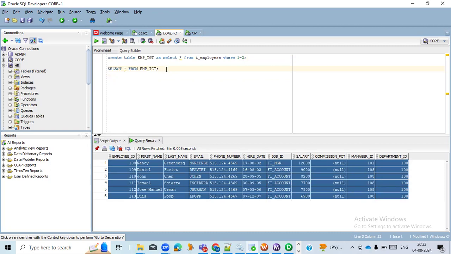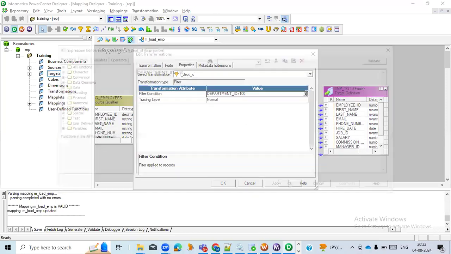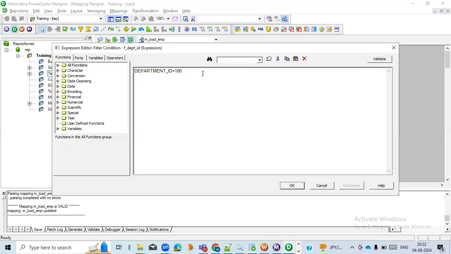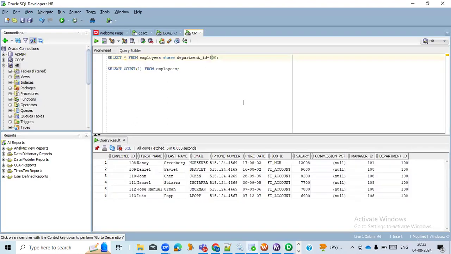Okay. So in interviews, basically what they ask around this transformation is, can we pass multiple conditions in the filter transformation? So the answer is yes. Using the logical AND or OR operators, we can pass the condition. So let's check whether it's working or not. So we'll say department ID is equal to 100, and the same condition will apply in Informatica,